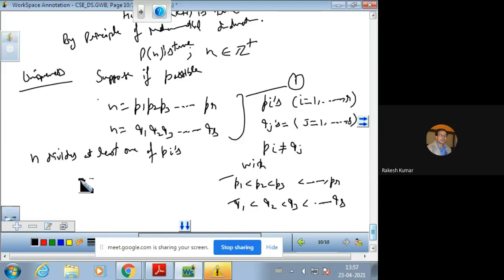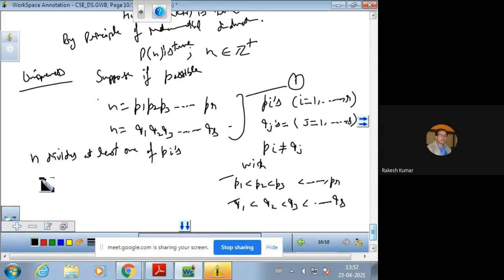And this suffices that at least one of the factors on the right hand side of 1 must be divisible by n. But the Qi's are prime, so n must be identical to one of them, because the Qi's are also prime and n has been written as a product of primes. So n will divide the right hand side Qi's as well, at least one of Qj will divide it for sure. And the Pi's and Qj's are primes, and n must be identical with